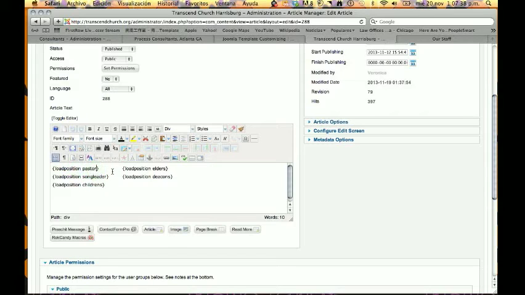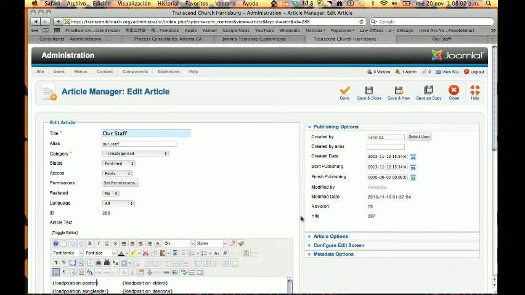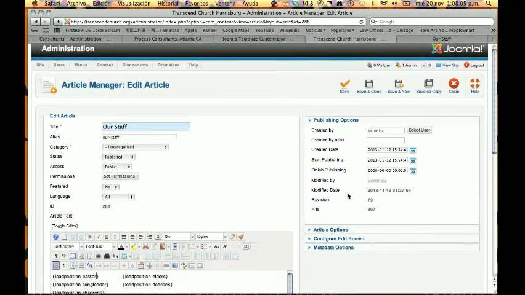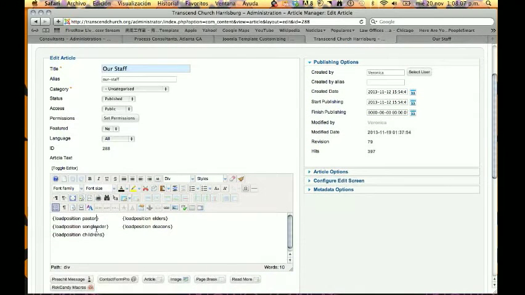What I did is, for example, on the Captify module for John's picture, instead of choosing bottom or position 1, 2, whatever the template gives you, I wrote down a custom position, which is pastor. Then you need to publish that module on every page, I'll show you later. So once you have your modules,